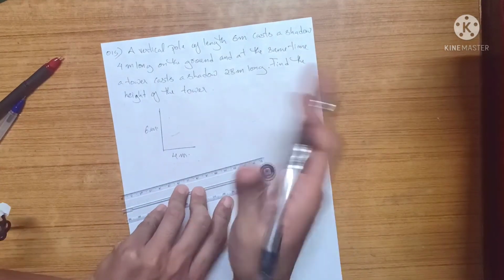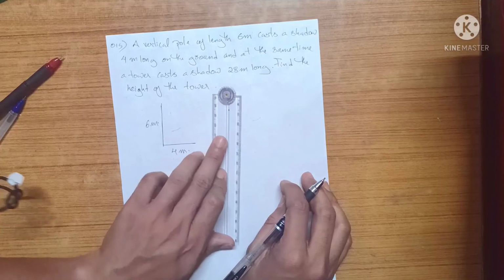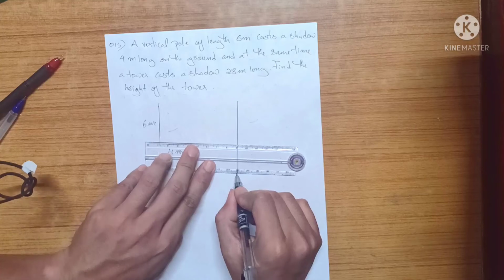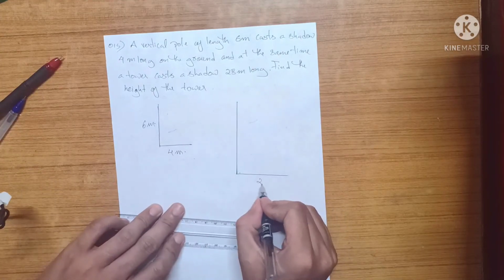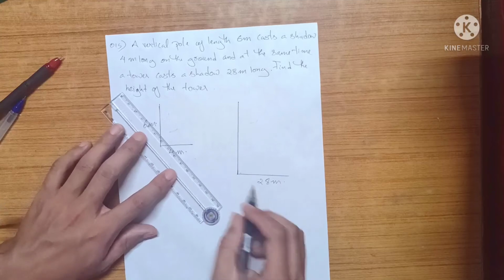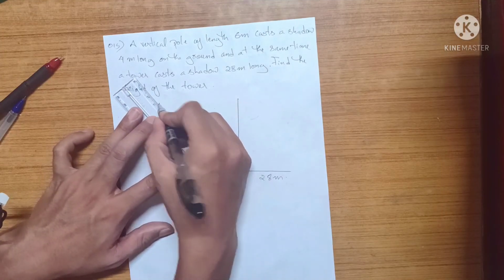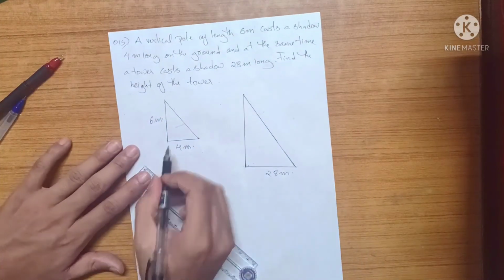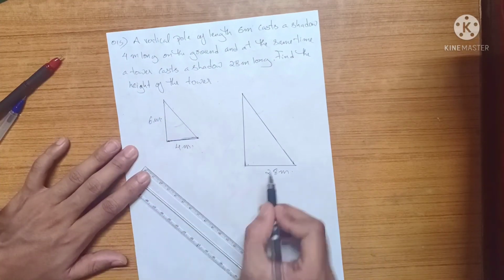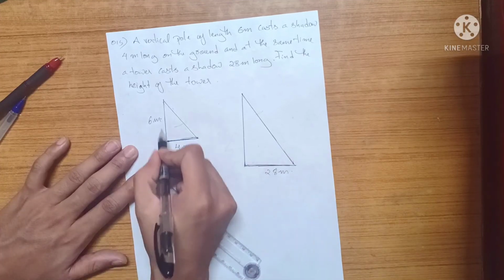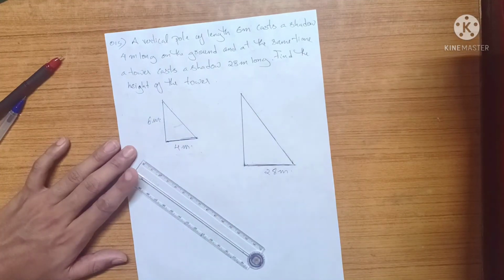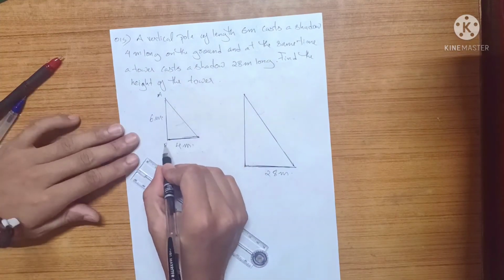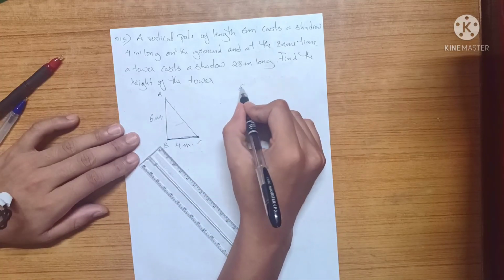And at the same time, same location, a tower, and the shadow it's casting is 28 meter. So let's say we just join these two. Now this is the shadow, and this is the shadow, and then this is the pole, and this is the tower. So if we give these names A, B, C and E, F, G,